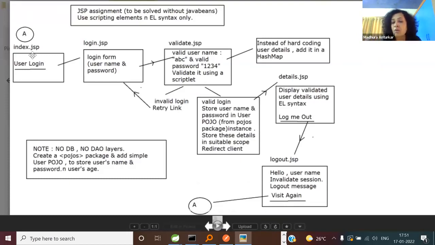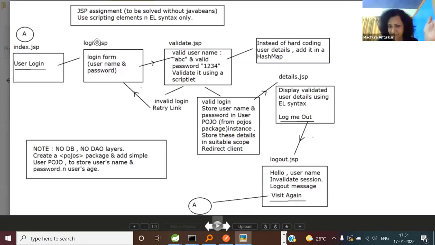So you are going to create a brand new project, a fresh project, day 7 lab. Open web.xml and keep only one welcome file, index.jsp, and here give me a link. All clear? When the client clicks on the link, you show me the login form, where you are accepting a username and a password.